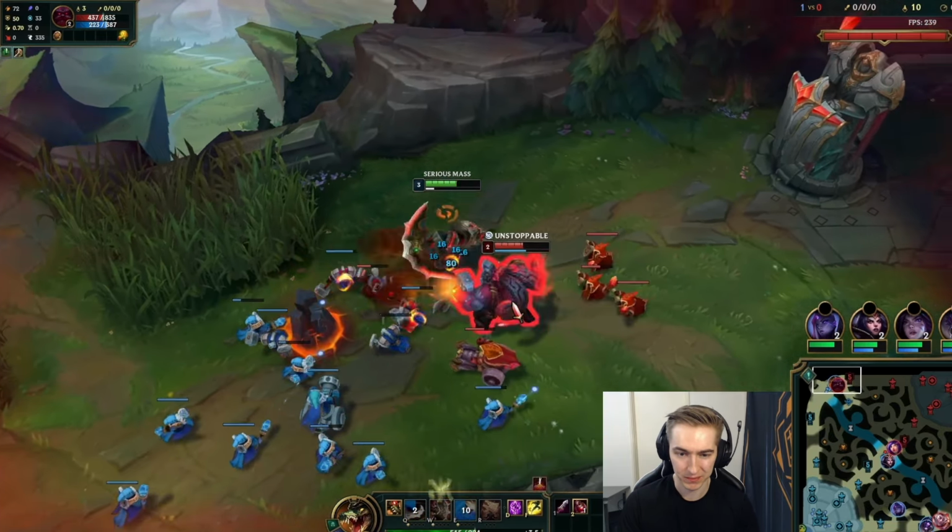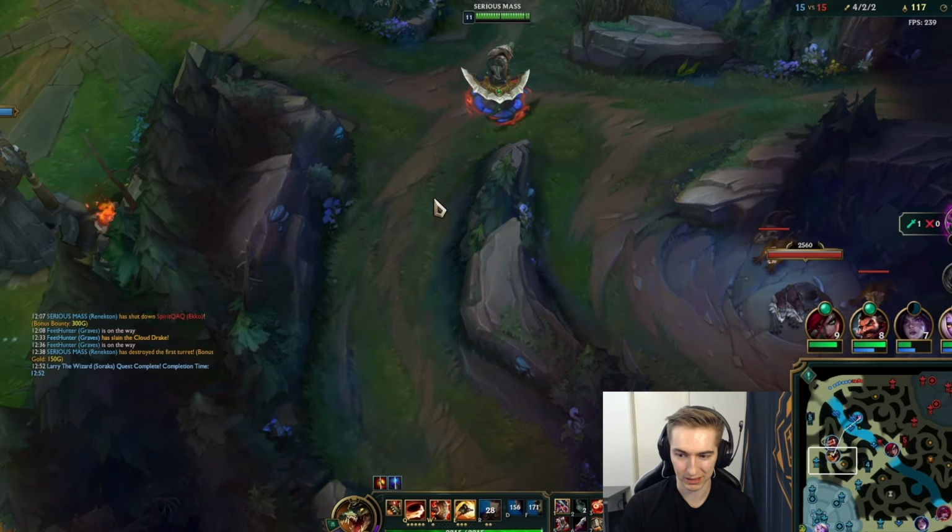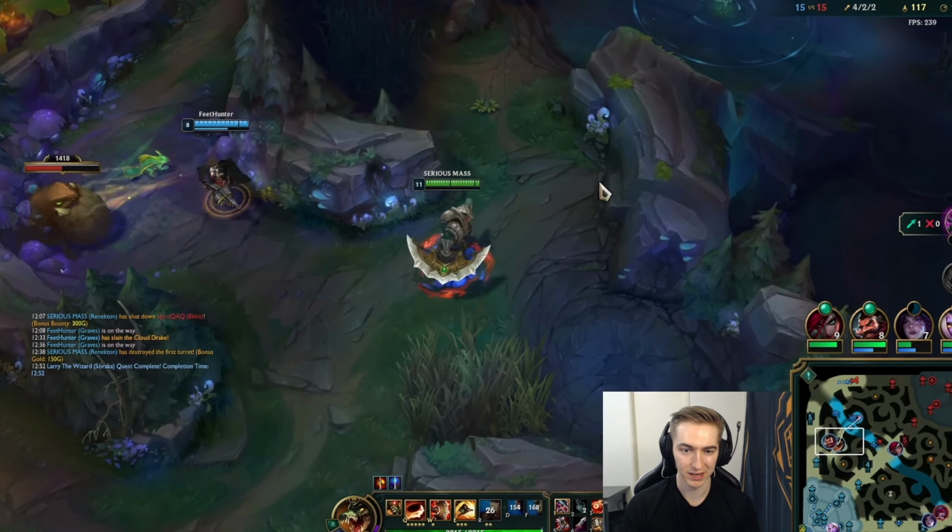So I want to be getting a lot from this move. And the only objective on the map available is Rift Herald. So I run straight there. And I'm hoping a fight breaks out that I can be a part of. But even if there's not a fight, I want to be keeping top wave pushed in, because a huge mistake